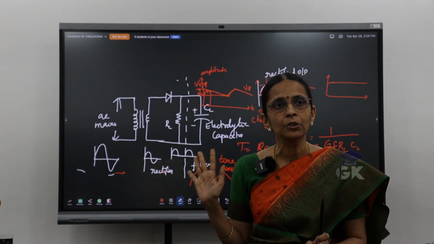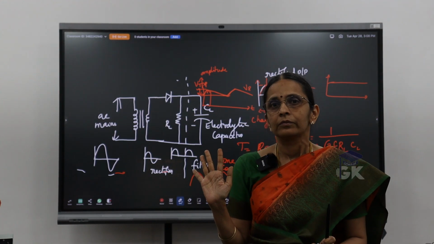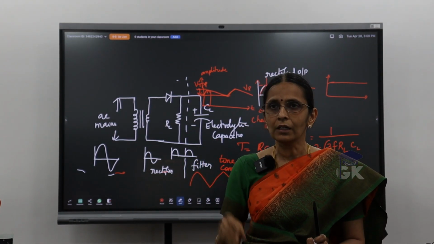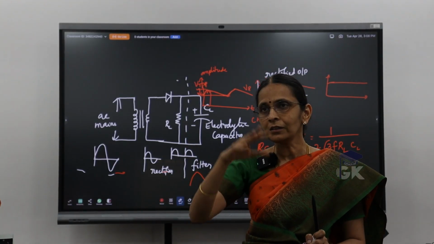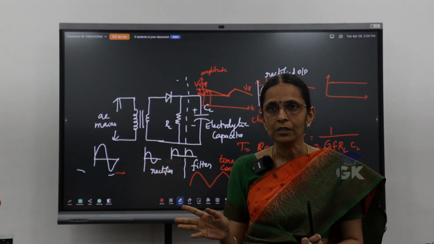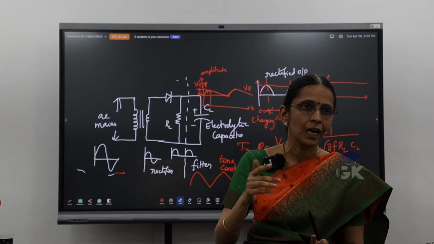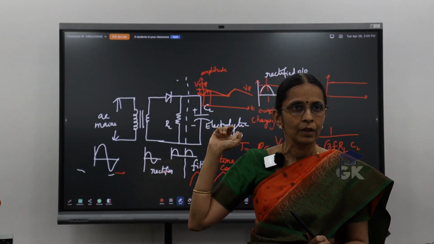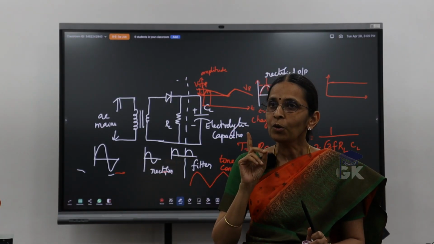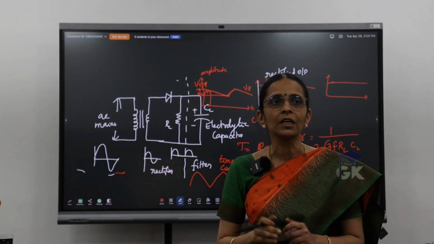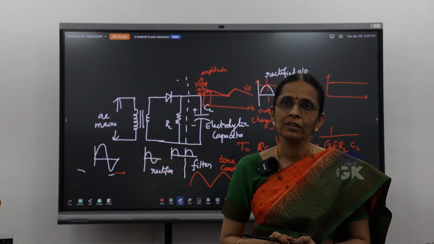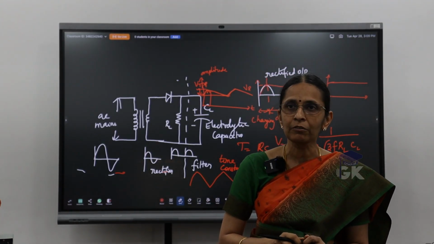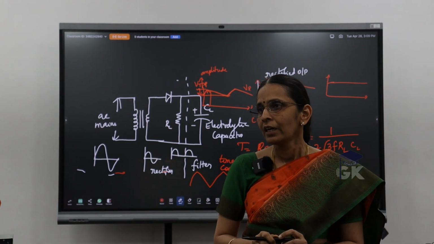So, what does the capacitor do here? It blocks your DC and allows your AC signal. So, the blocked DC just flows through your load resistance RL and because of the charging and discharging of the capacitor, you are able to get that waveform, right? And not only C can be used as a filter, what is the other component that I can use for a filter? Inductor. I can also make use of inductor. But generally we prefer a capacitor compared to that of an inductor.